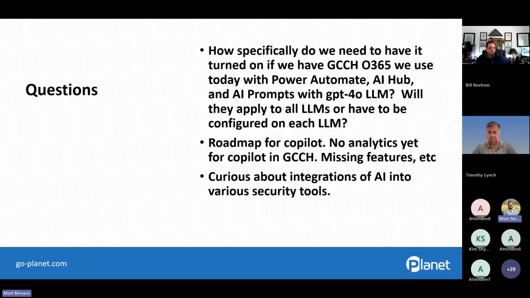But yeah, so the obvious answer there is Microsoft will eventually be releasing Security Copilot within GCC High at some point in the future. And so that's certainly going to have its own effects on driving the usage of AI within native security tools. That'll, of course, go across Defender and Sentinel and Purview and other aspects of the security and compliance suite. So I would say that, from a Microsoft native aspect, that's really going to be our starting point